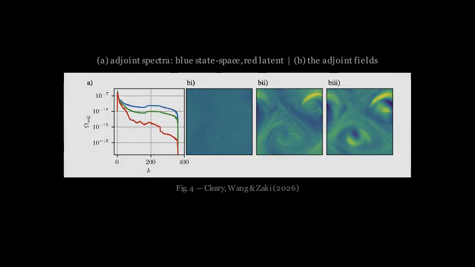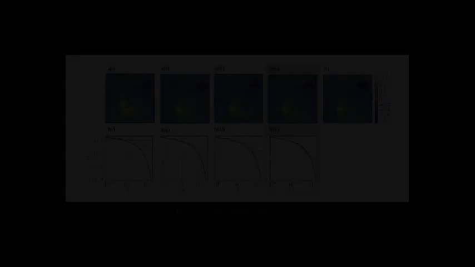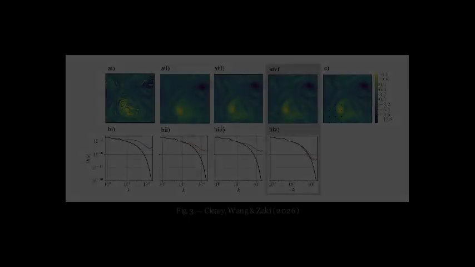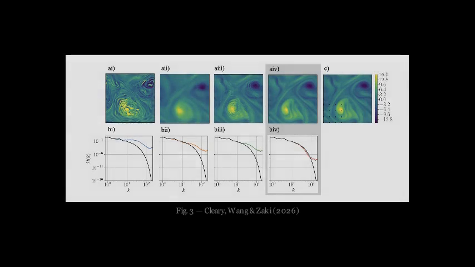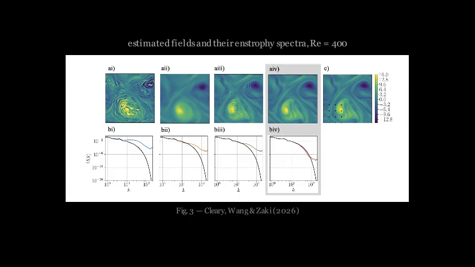Do that 500 times, and here is what you get. Panel A1 is state space assimilation from interpolated data, covered in structure that is not physics. It is an artifact of where the sensors happen to be. Panel C on the right is the truth, with the sensor lattice drawn on it. And underneath each field is its entropy spectrum against the true one in black, where the colored curve sits above the black one. The method has invented small scales that were never there. The last panel, boxed in gray, is what we are working towards.